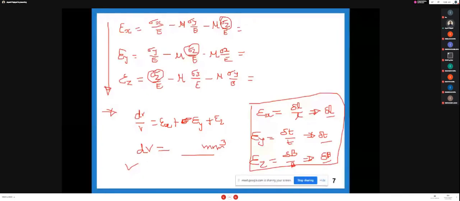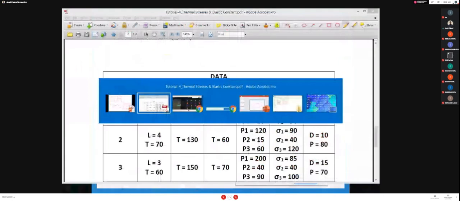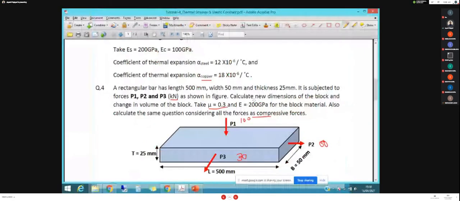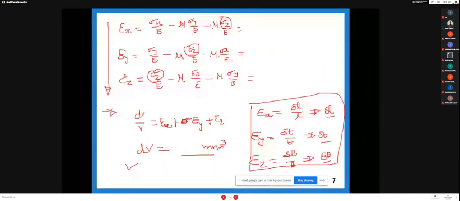So you have the stress values sigma x, y and z. The Young's modulus value is given in the data, that is 200 gigapascal, meaning 200 into 10 power 3 Newton per mm square or megapascal. So take E as 200 into 10 power 3, and mu is given as 0.3. Put all these values and calculate epsilon x, epsilon y, epsilon z, and finally volumetric strain, meaning change in volume divided by original volume, epsilon x plus epsilon y plus epsilon z, and from that you find the change in volume. Sir, in this the sign simply cannot be calculated. Put all the strains with compressive y and z here to get the change in volume.